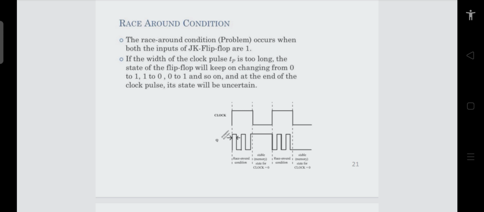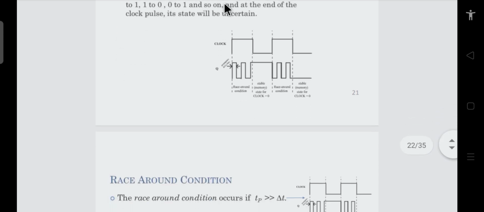So that is why it is called the race around problem, because we cannot predict what will be the output, and that purely depends upon the propagation delay of the circuit. If you reduce the propagation delay, then the output can be 1 or it can be 0, okay. So to overcome this problem of race around,